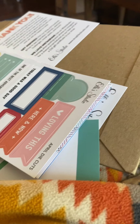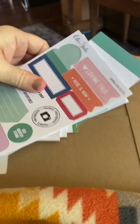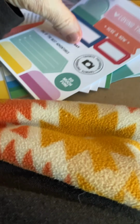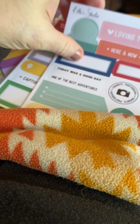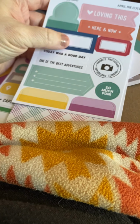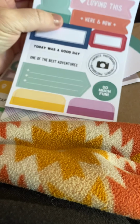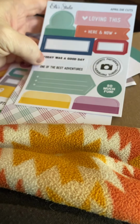And I think why I continue getting this kit month after month is because it is inexpensive. And I really like how vibrant their colors are. It also gives me a variety of labels and journaling boxes and things like that that I can use. And it always includes like 2 sheets of poke out pieces, and